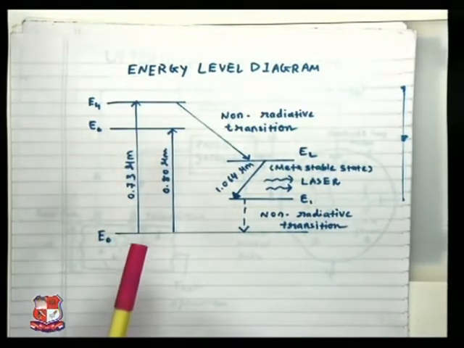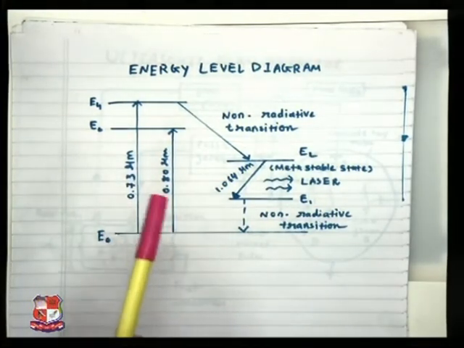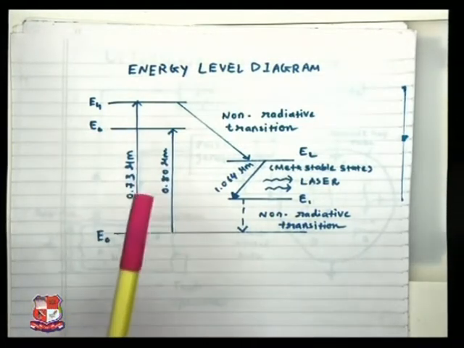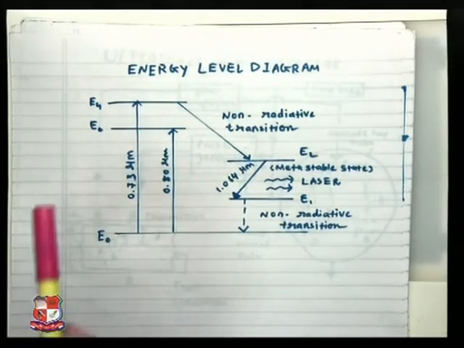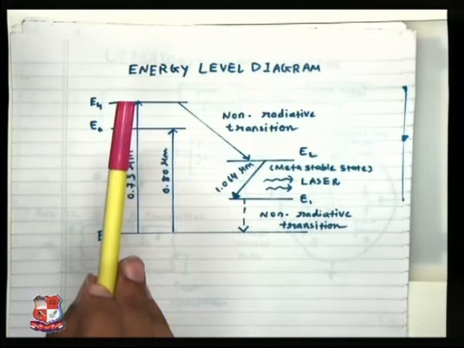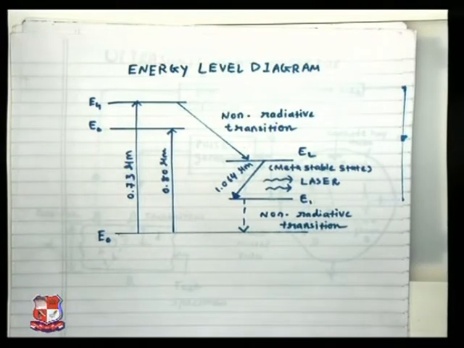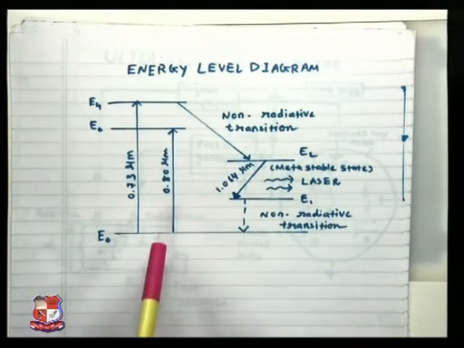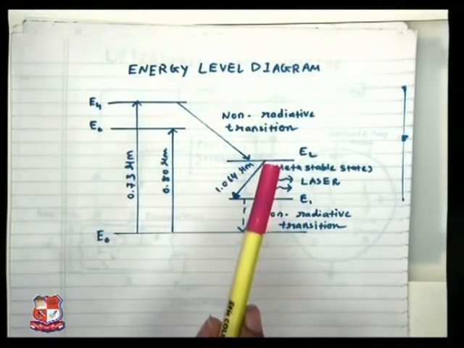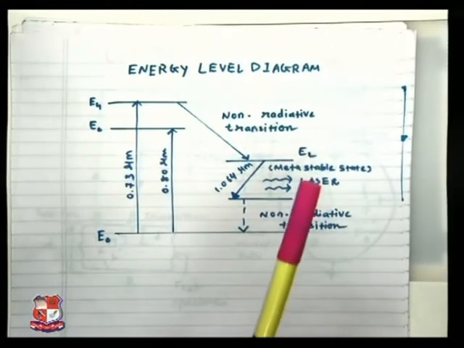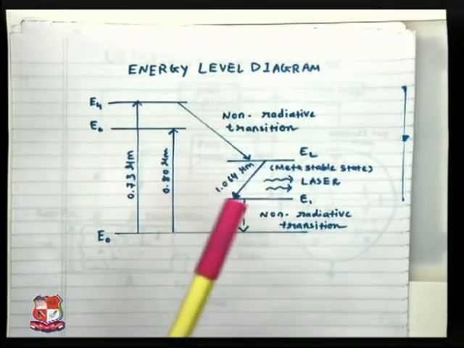The process of excitation of this ion is continuous. That means you are applying energy of some particular wavelength and they are traveling towards the higher energy level. Then you have to write that ions are traveling back with non-radiative transitions towards the lower energy level. Due to the continuous excitation, these ions may travel to this metastable state, that is E2, and we know that the lifetime in the metastable state is very long.